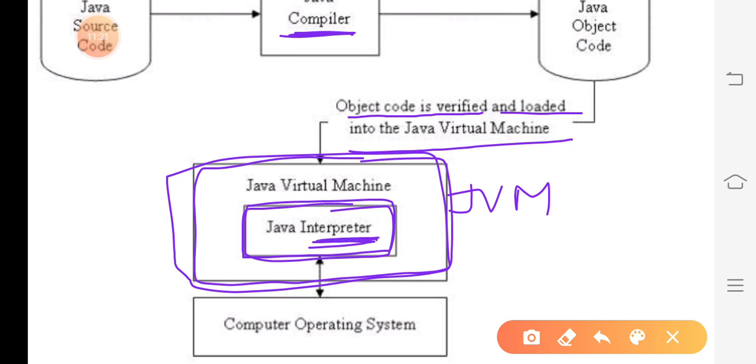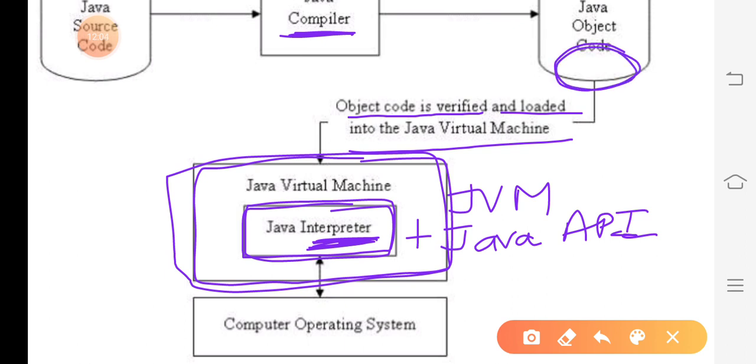So we can say that Java uses both compiler as well as interpreter, right. Now JVM has the Java interpreter plus the Java API also. You can write it here, Java API. API stands for application programming interface. Write the full form: Java API means Java application programming interface. Okay, so it has an interpreter which will convert this object code, this intermediate byte code, into the native